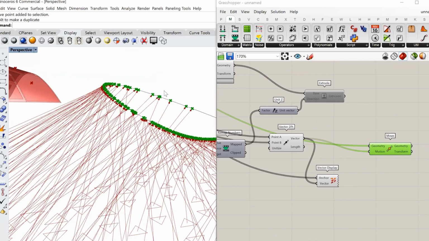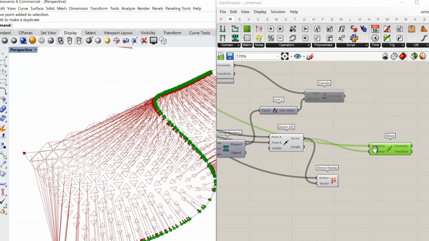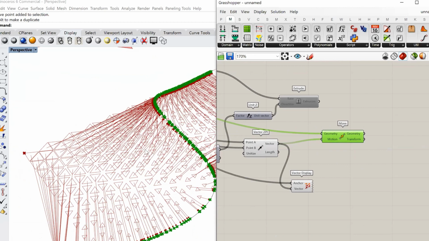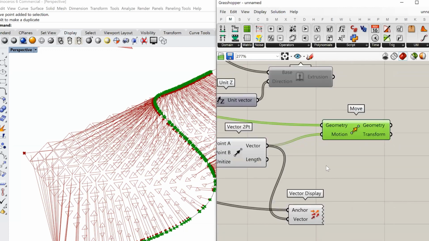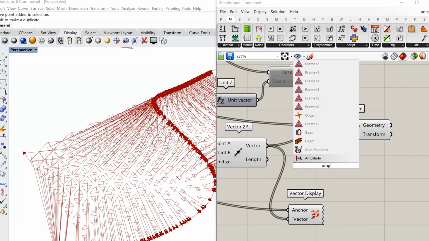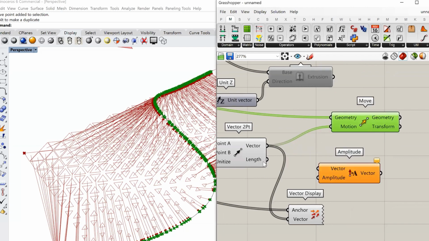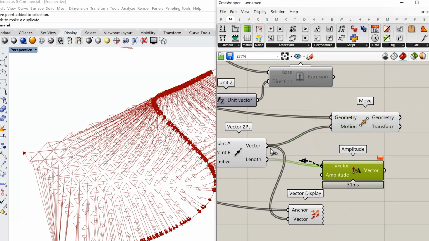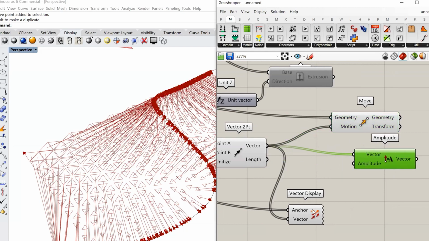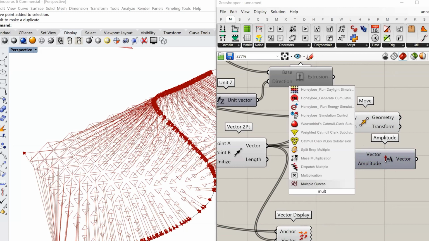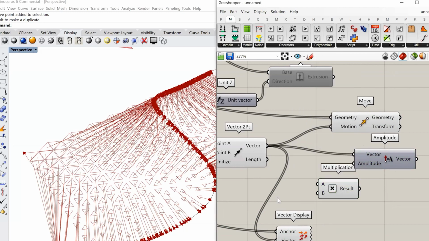Everything is moved as per the respective size of the vector. If I don't want this, I want this to be half the size, I can simply use an amplitude. I have the length of all of these vectors. I can simply multiply that by, let's say, 0.5.